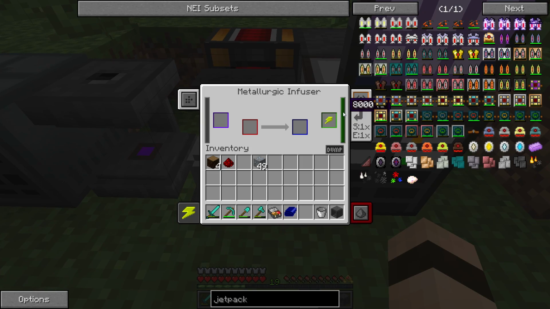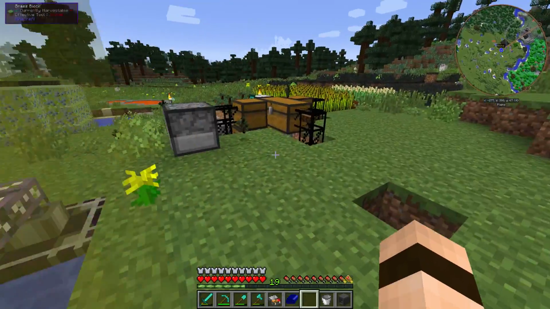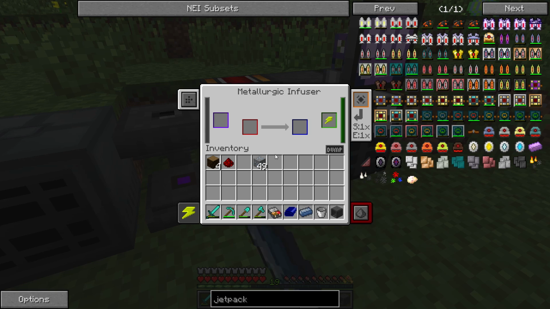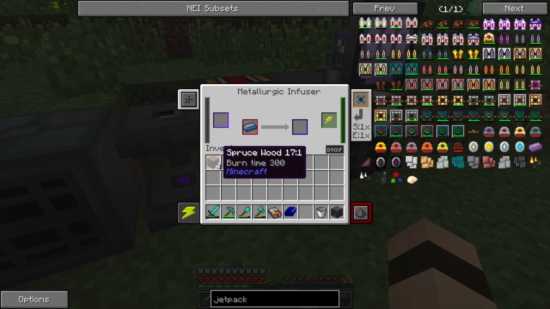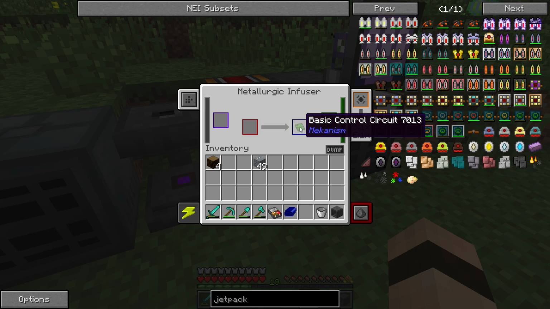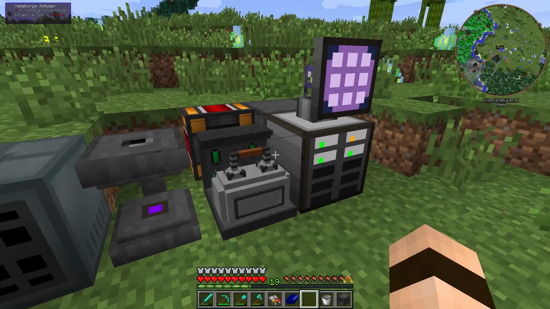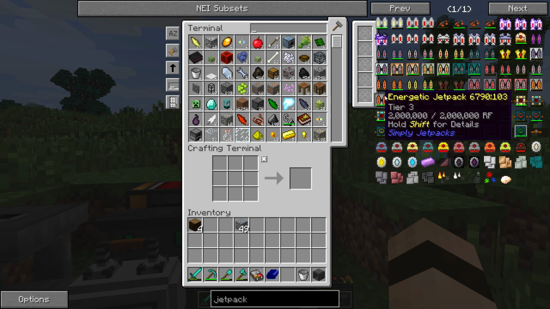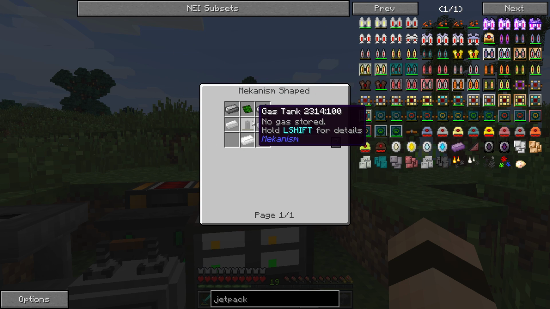So this should be getting power, right? 8,000. I think it's getting power. Okay, so we just need this osmium and a piece of redstone right here. That should do something. Alright, looks like it's almost there. And there we go. Basic control unit. So that's much easier to make than the other one. Okay, so let's just go ahead and throw that in there. And we'll see if we can make...